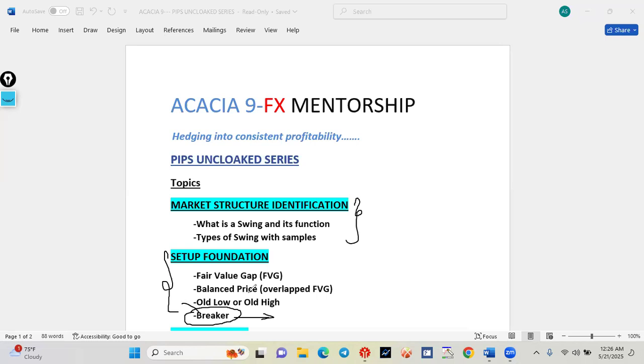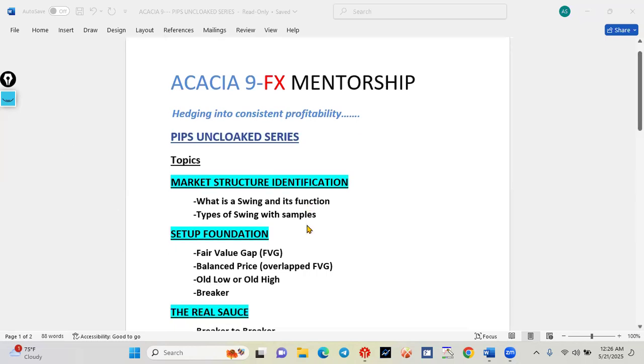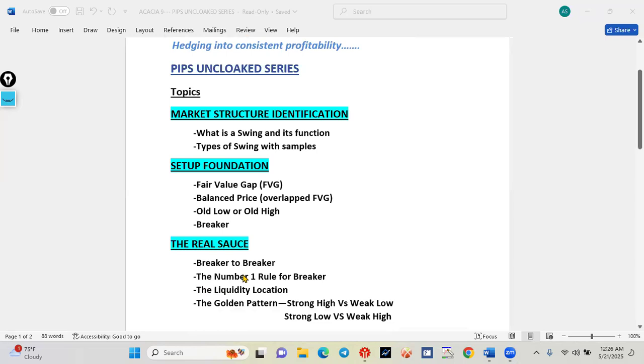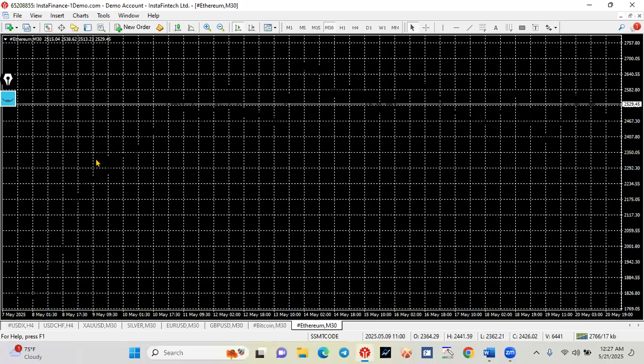So if you want to know direction, the breaker is the direction. The breakaway is the direction. You can see the resource is breaker to breaker. And when we finish this, you will know what I'm talking about. So without further ado, quickly I want to talk about something very simple